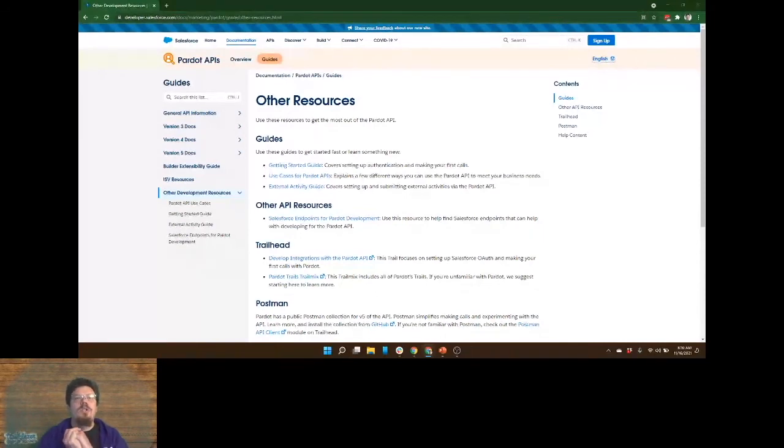Very large enterprises, I've seen where they've negotiated with Pardot for more than 100,000 API calls, and you basically send a large sum of money to Salesforce, and they will increase your API limits beyond that 100,000. It's rare to need to do this, especially now with the API export.